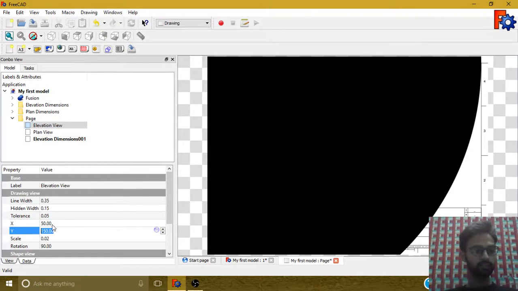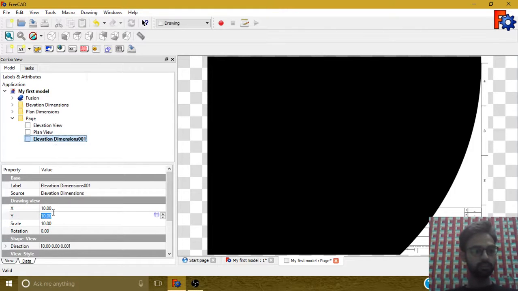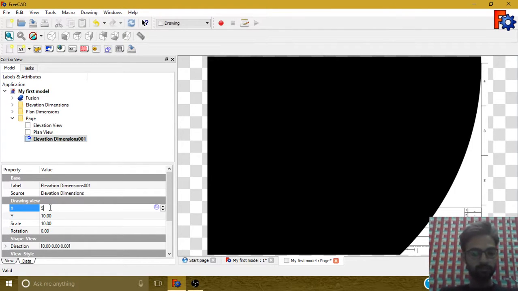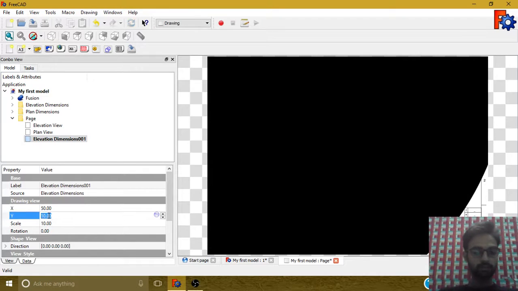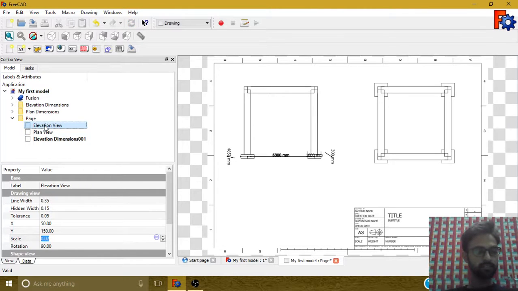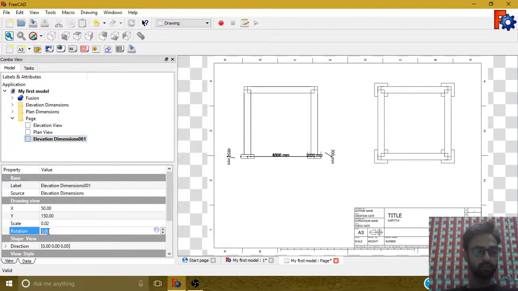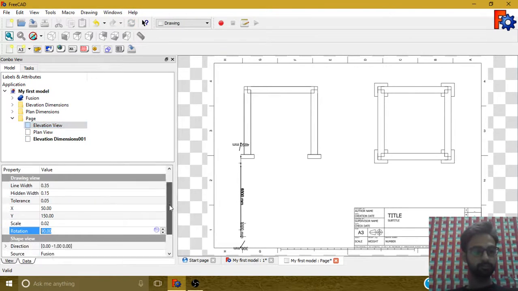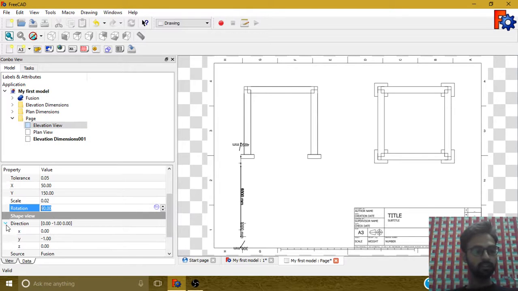The x was 50, y 150, so simply change them. X 50, y 150. The scale was 0.02. Check the rotation. Elevation has 90-degree rotation, so also set that. Next, check the direction. The direction of the view is 0, -1, 0.